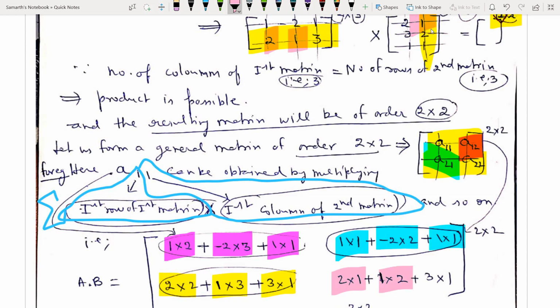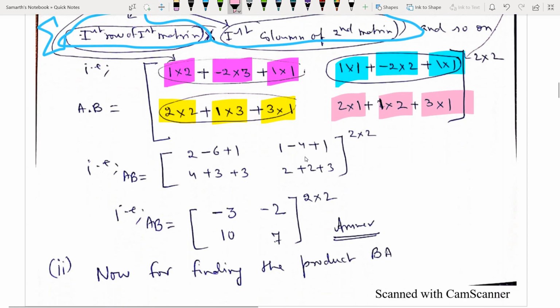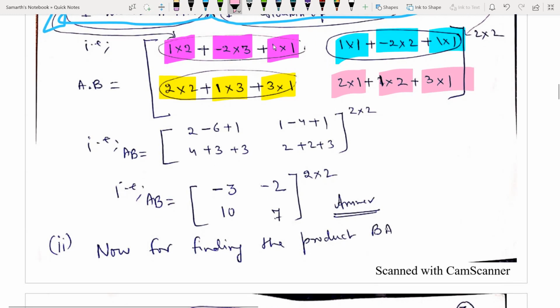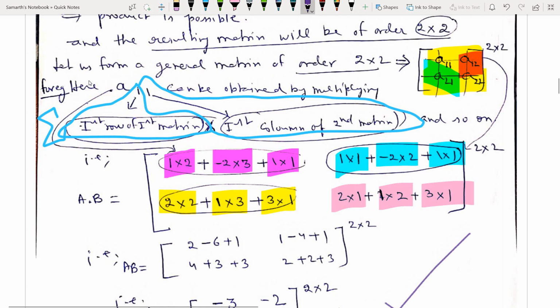Okay, and we got the final product AB as, after simplifying, AB is equal to minus 3, minus 2, 10 and 7, and this is the answer for the product of the two matrices A and B. Okay, AB. Now for finding the product BA,